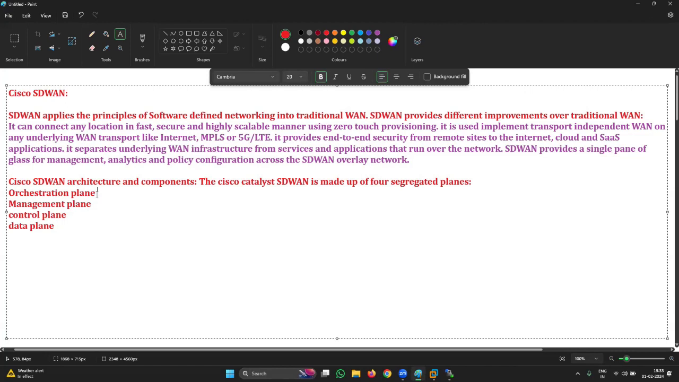Like if I talk about orchestration plane, it will be handled by vBond controller. And now in Cisco Catalyst SD-WAN, it is called validator. It is called validator. Okay,